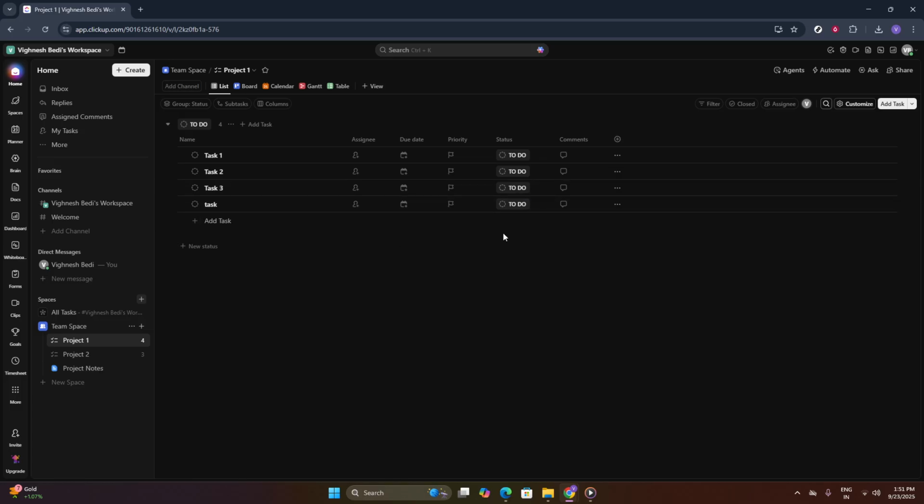Determining the priority of a task is essential to effective task management. To do this, find and click on the flag icon. This intuitive feature allows you to set the urgency of your task. You'll usually see options such as low, normal, high, and urgent. Select the one that best fits how quickly you need to get this task done, providing clarity both for you